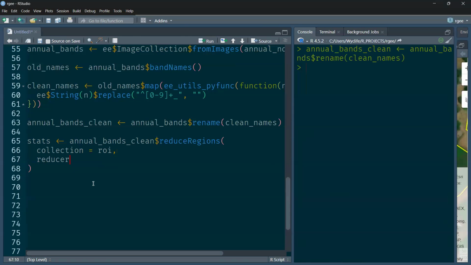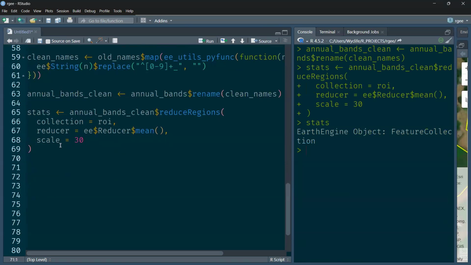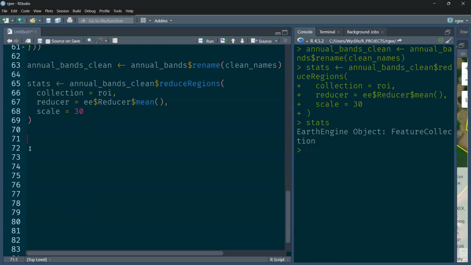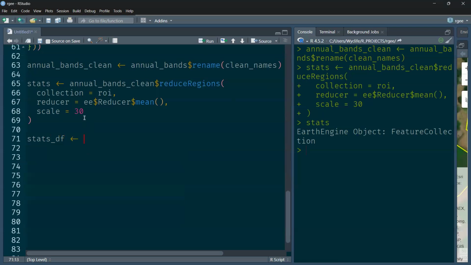And then the reducer we are using here is to get the mean NDVI for each year within the farm, and then at what scale. We want to use the native scale because these are small farms. Okay, so this one is an Earth Engine feature collection which contains NDVI values, annual NDVI since 2000 for the farm. Now comes one of my most favorite stages of this, which is about converting this feature collection to